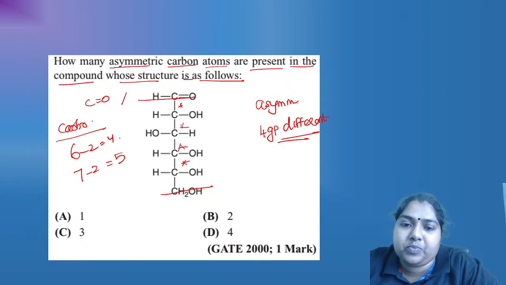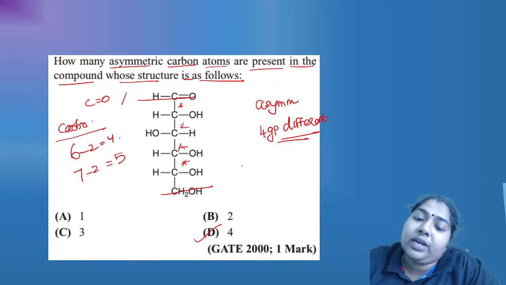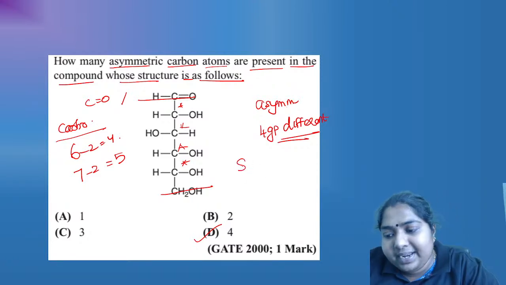Just minus 2. So this is totally 6, so 6 minus 2 is 4. If it is going to be 7, it will become 7 minus 2. It is going to be your 5. Understood? Right. So now you are going to tell me how many